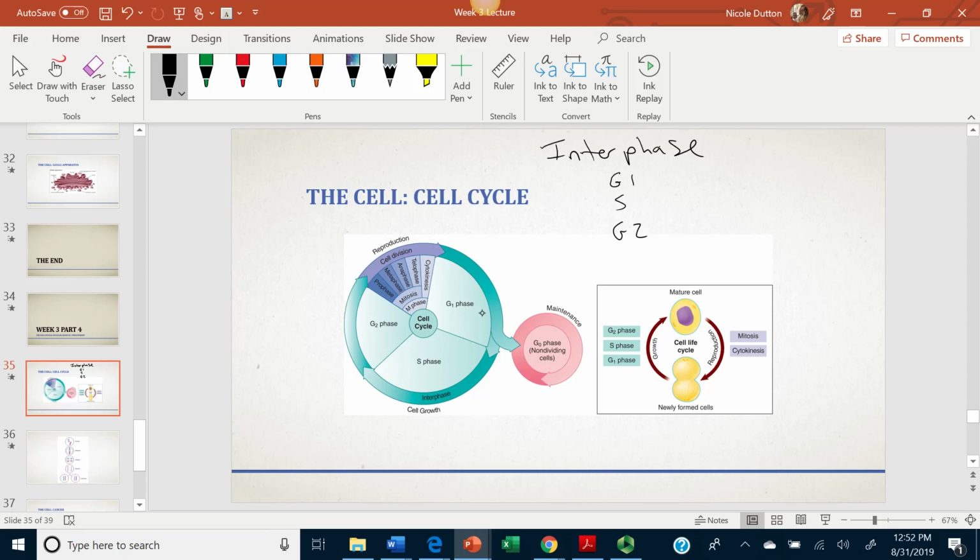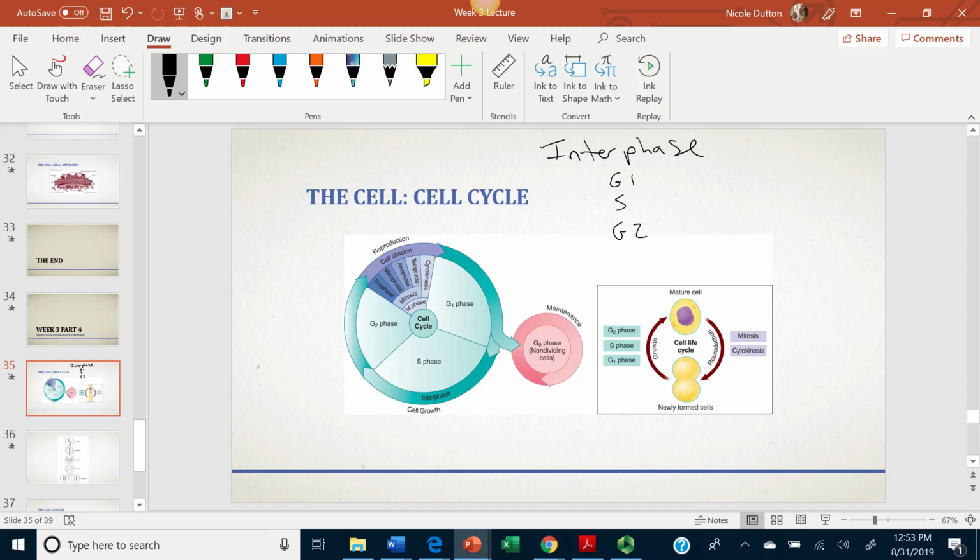G1 is the normal function, so the cell's just doing what it should be doing. Now some cells slip into this G0. Those are for the non-dividing cells. Neurons don't divide. So if you have one neuron and it dies, you don't just replace it. So G0, non-dividing cells. They're just going to have maintenance. They stay in that G0 phase for the rest of your life or for the life of that cell. But most of the cells in your body have the capability of dividing, and those cells are what we're going